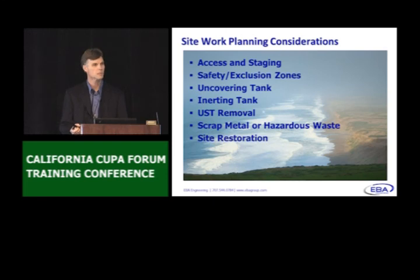There's a removal process that happens so that we witness a tank pull, we pull soil samples, we decide whether we have any other things we're going to do there. If we're going to pursue corrective action, then there's a process to move on to our attending agencies. And then with UST removal, there's the part of hauling that tank away in a safe manner, so scrap metal or haz waste. And then once that is done, in my experience the CUPA contractor is gone, and then